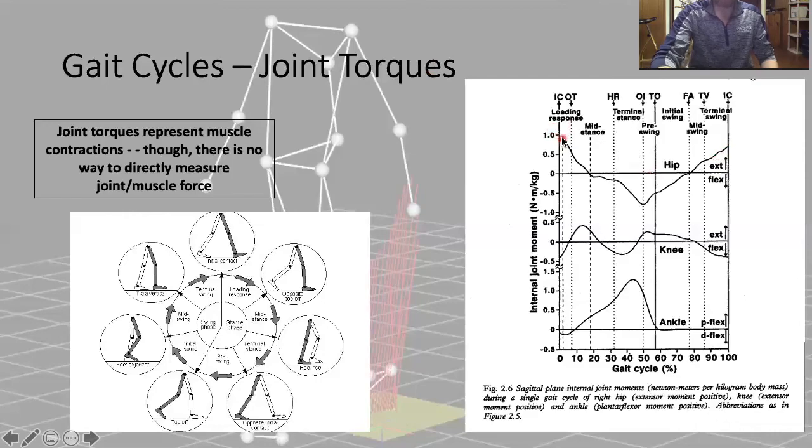Hip extension during initial contact. But look at initial contact. Look at the position of the foot. If you just imagine yourself walking, you wouldn't be in hip extension. You would be in a little bit of flexion. But as you land on the ground, in order for you not to collapse on yourself, your glute max